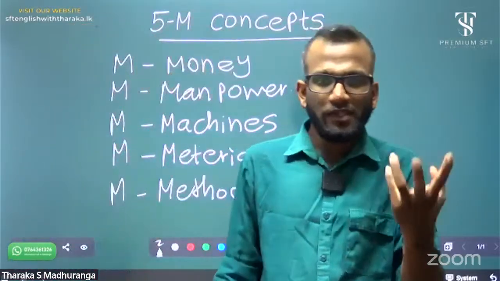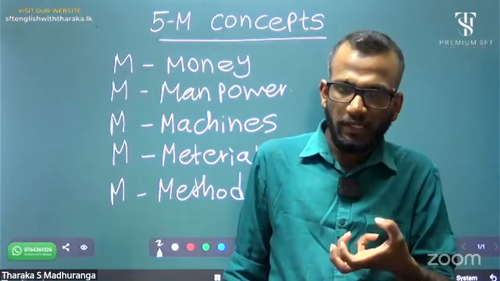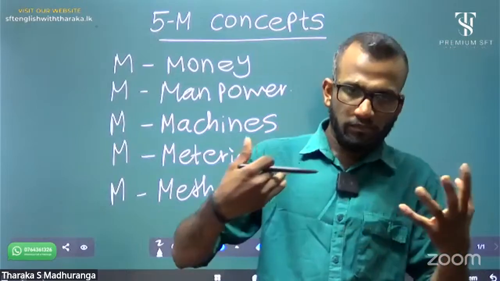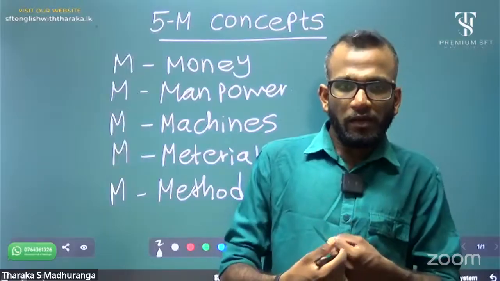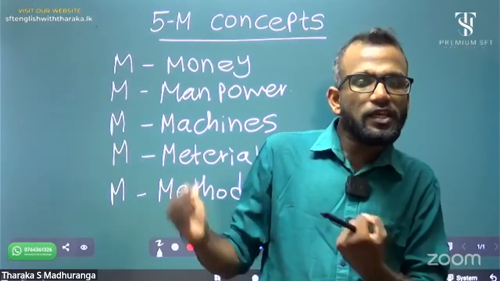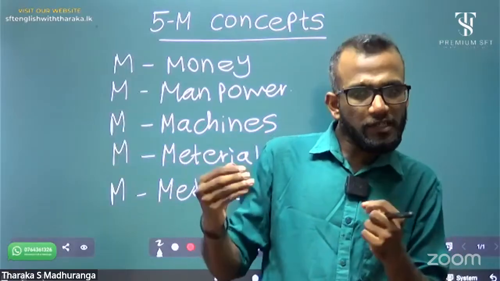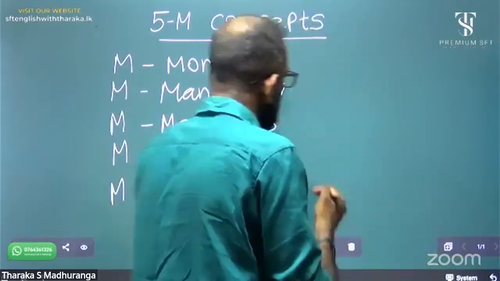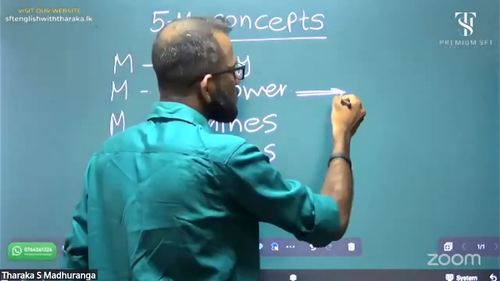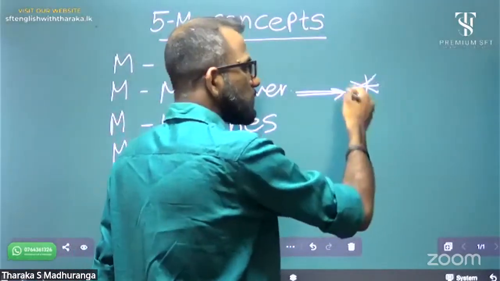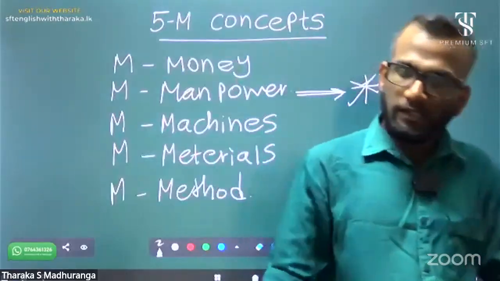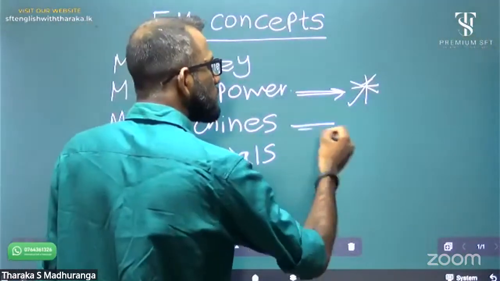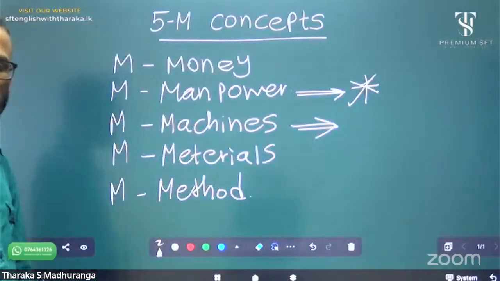If you need to start and continue a chemical industry, they are the main requirements. To start and maintain, money is required, but the most important factor is the manpower, because all resources are managed together by human resources, right? And with machines, we can increase the efficiency of the production process.